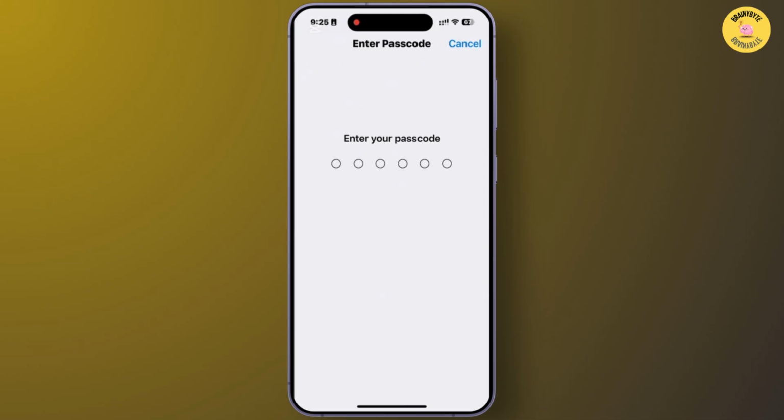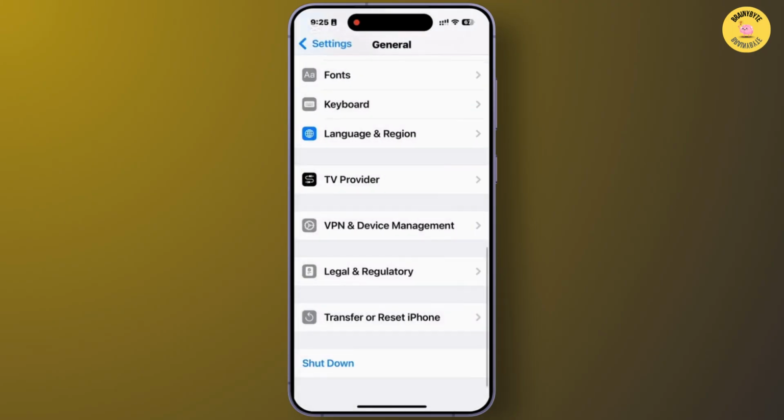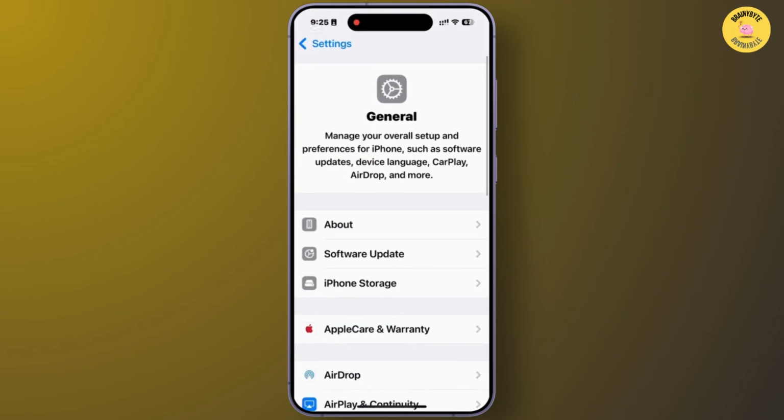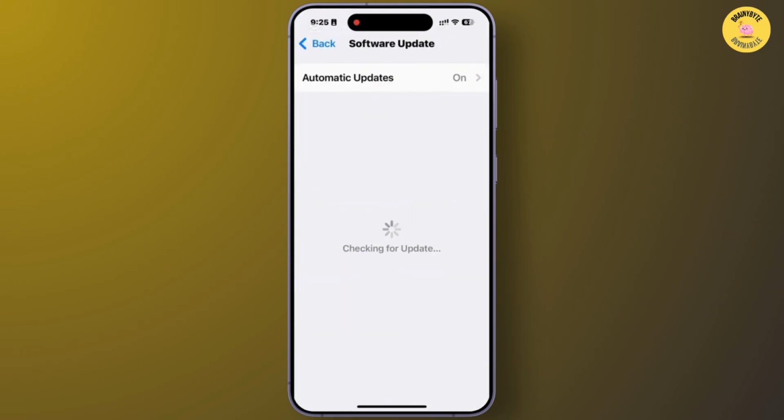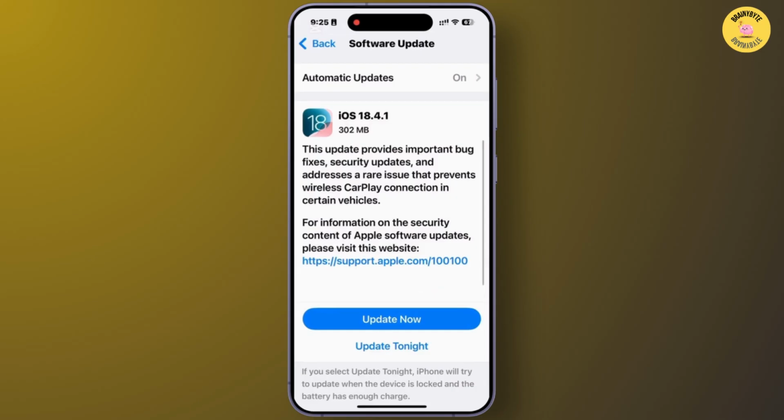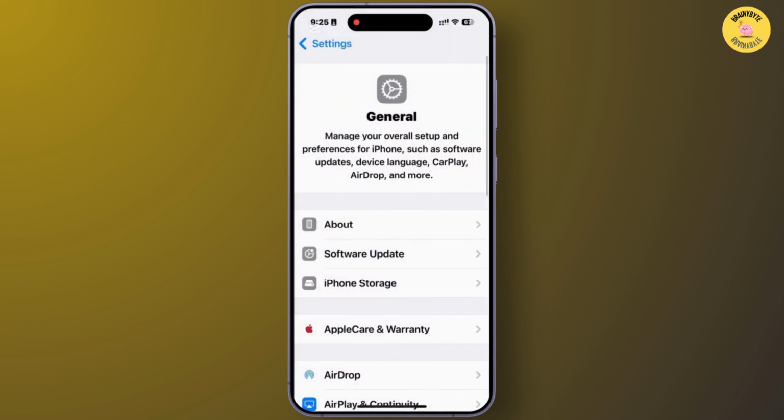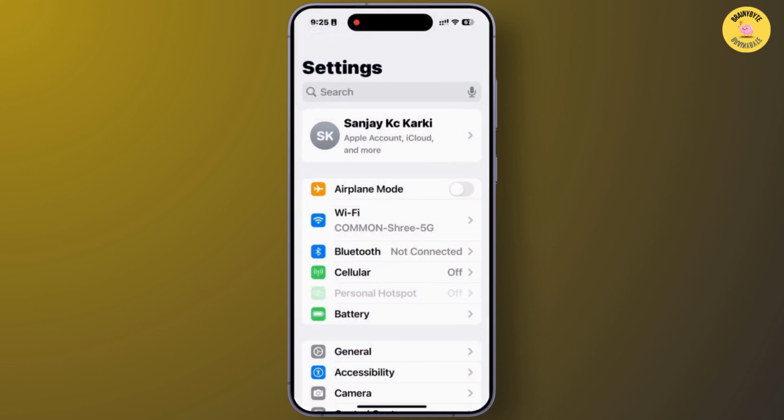After you confirm it, you'll have to go back from here, and from the General section again you'll have to swipe up, and from there go to the option Software Update. From the Software Update section, you have to update to the latest version of iOS on your iPhone. After you update to the latest version of iOS, you'll have to go back from here, and from the settings